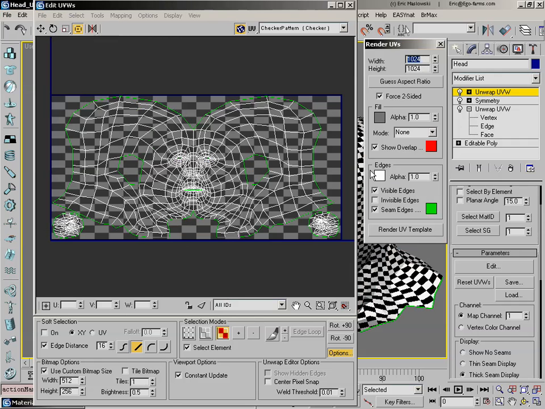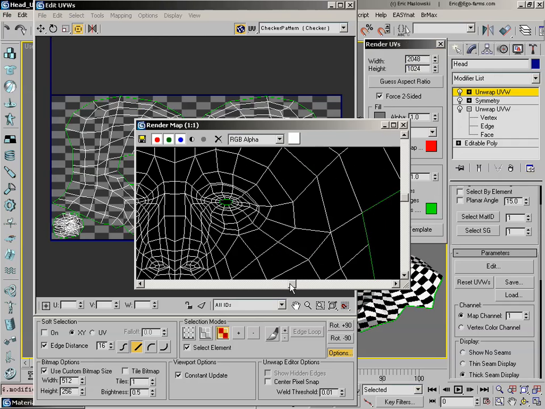Since we have a 2 by 1 aspect ratio, we can either tell it to guess the aspect ratio, which we want to try to keep at powers of 2. So we're going to actually go with a width of 2048 by 1024. And then we'll just use the defaults. Click Render,